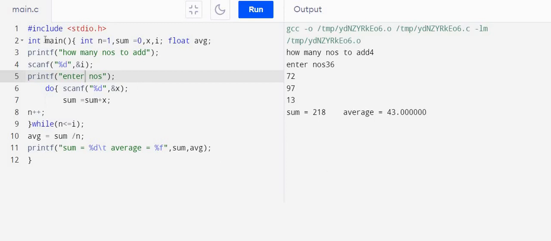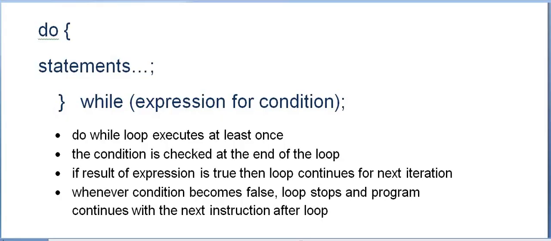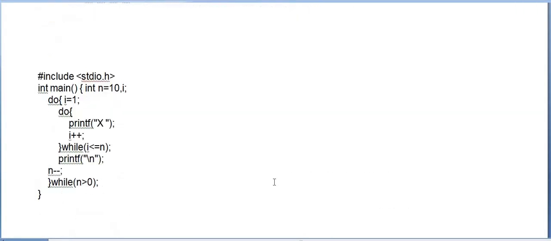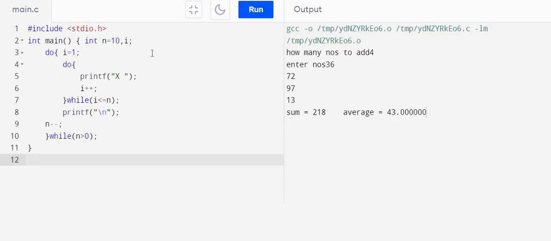Now let's have one interesting thing. You can see that I have written a program for you. It is not necessary that always the number should be incremented. The number can be decremented also. So let's try to understand this program. Here there are 2 do loops. This is the outer loop. This is the inner loop. This type of construction is called nested loops.